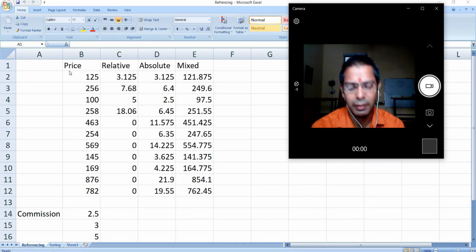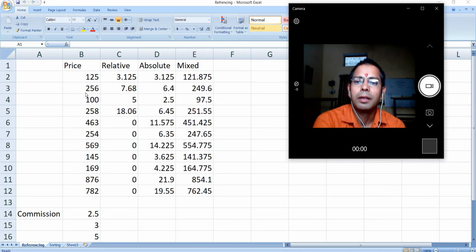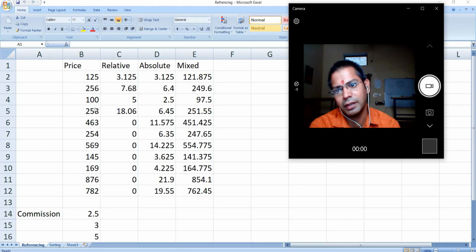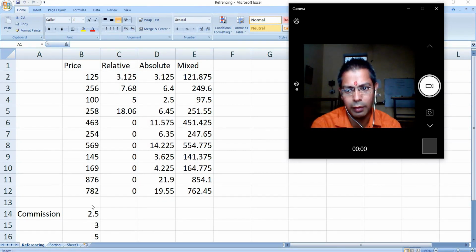I have taken one example here. Some prices are given, which can be of some commodity, it doesn't matter. The prices are given like 125, 600, 58, 453 and so on.